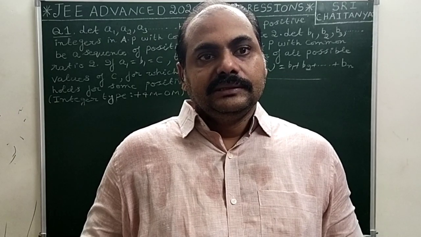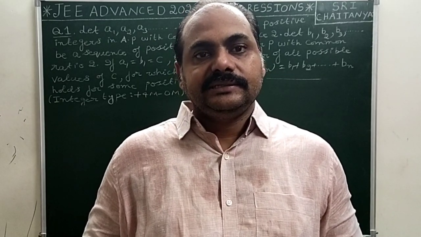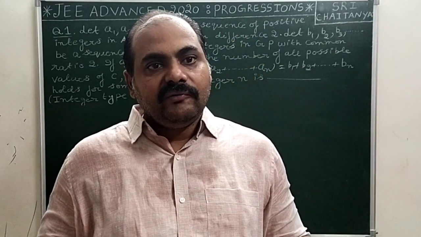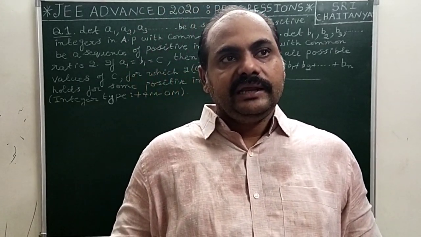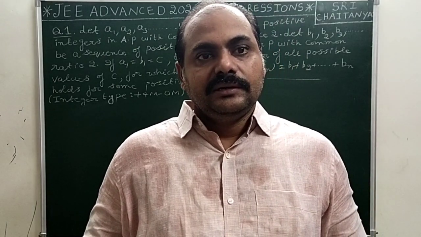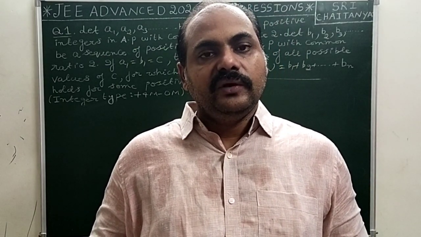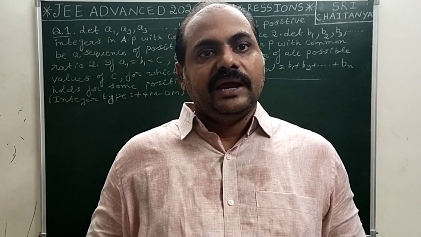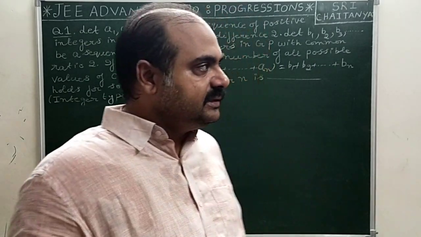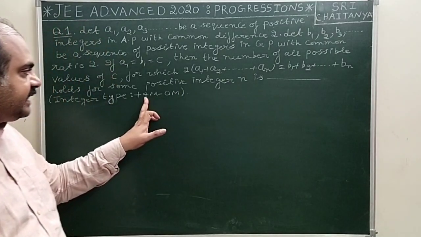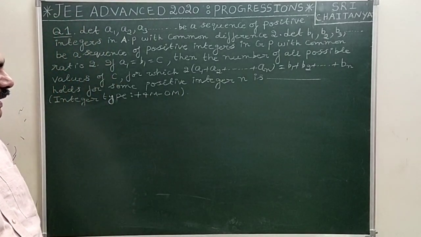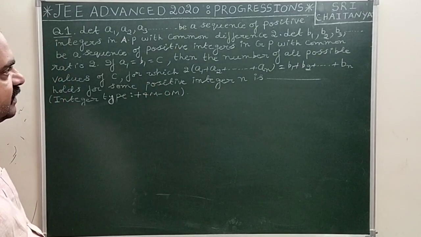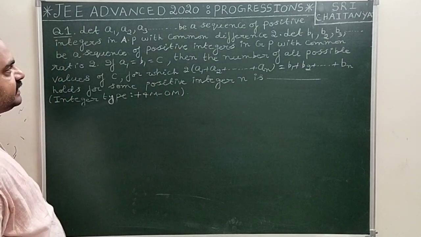In this Getting an Extra Edge series, all of you know, I am discussing Advanced Question Paper 2020 solutions. Today in this series, we are going to discuss a question given in the Progressions chapter. Look at this question. This is an integer answer type which carries 4 marks and no negative marks. So definitely everybody must attempt this. What is the examiner's mind in this question?